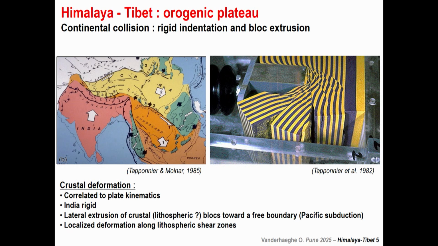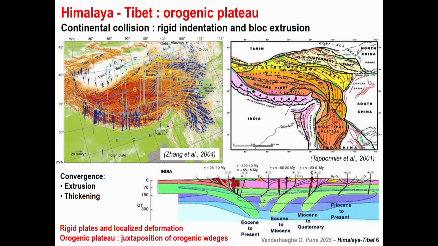And that deformation is very localized along crustal to lithospheric shear zones that should be vertical. What this doesn't account for is the crustal thickening and topography, which are first order features here. So obviously something is missing in that model. But still, afterwards, researchers kept